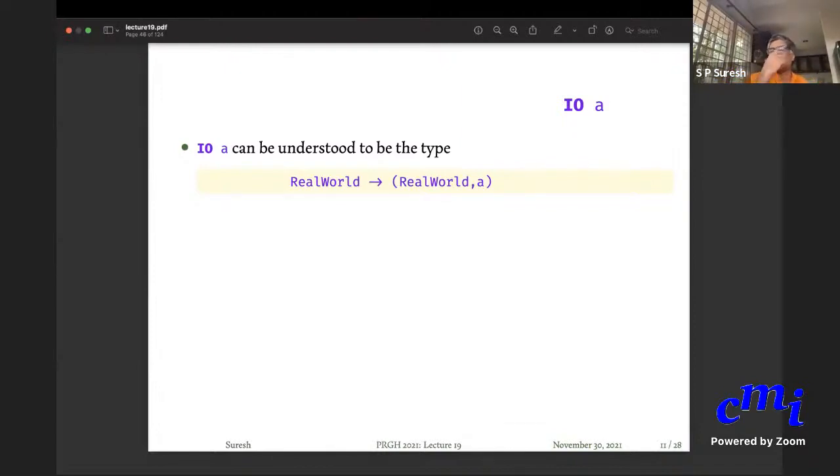And once you do an input-output action, it will change the real world in some manner, and that can be thought of as returning a new version of the real world. This is the old version of the real world, this is the new version. In the case of putStr, what is the difference between the two versions? In the new version, one line of output has been added to the screen.